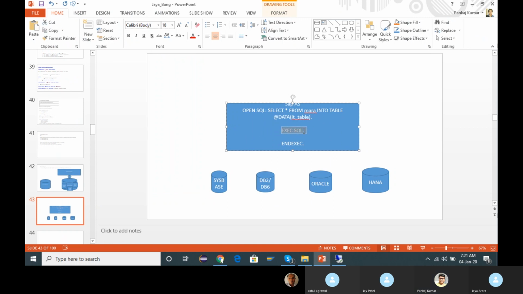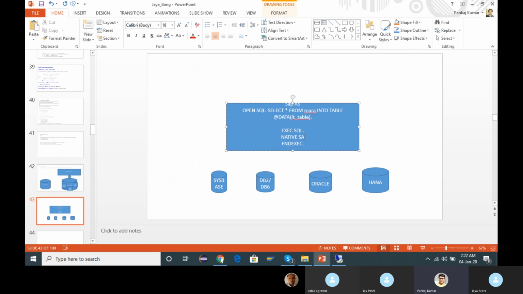If we're writing it between exec SQL and end exec, whatever code you write, you have to see what the underlying database is, and based upon that database you have to write the code, then only it will work, otherwise it will give you the error. So native SQL should be database compatible.